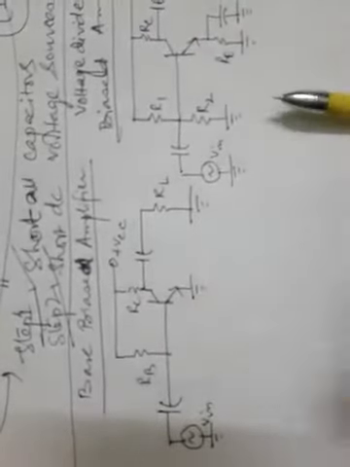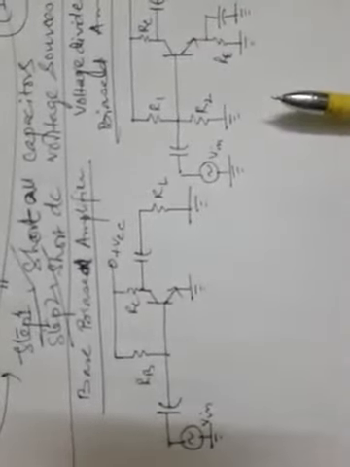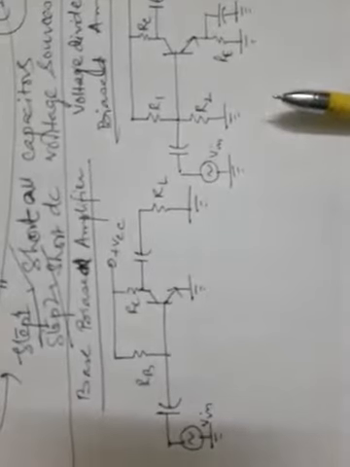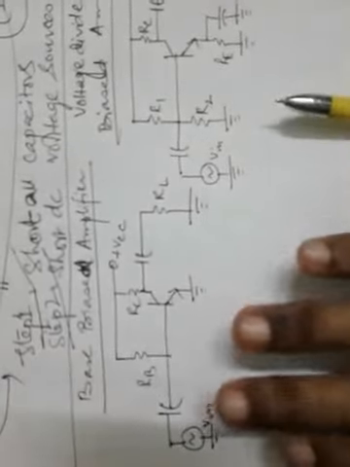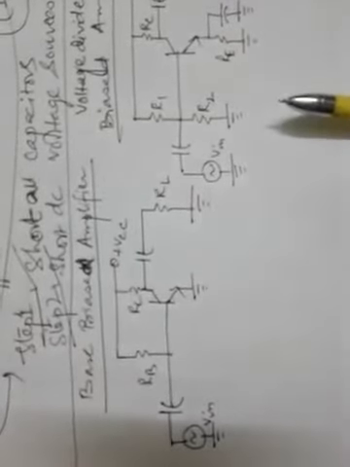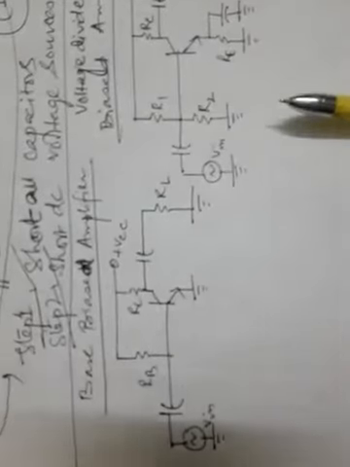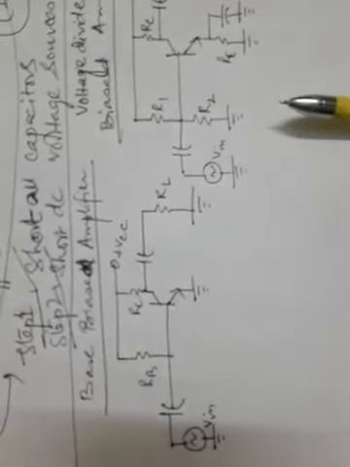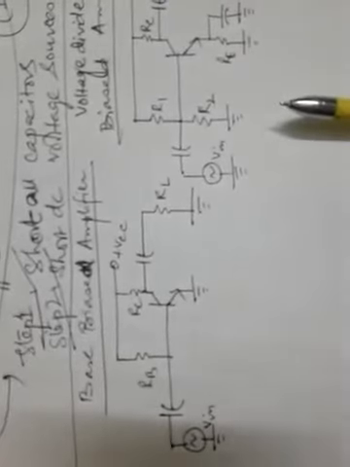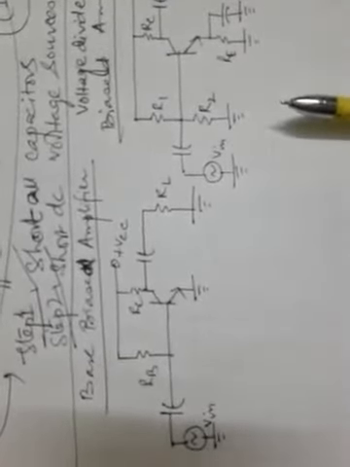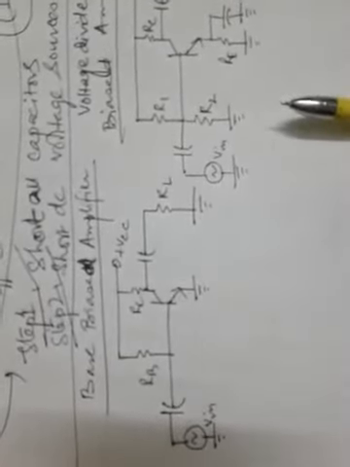So in the first amplifier, after we visualize opening all the capacitors and analyze via the DC equivalent circuit first, we can make this circuit ready for AC analysis. To get the AC equivalent circuit for this base biased amplifier, we can short all capacitors and DC voltage sources, as I have already told you.